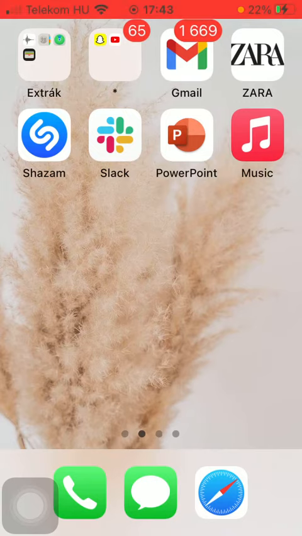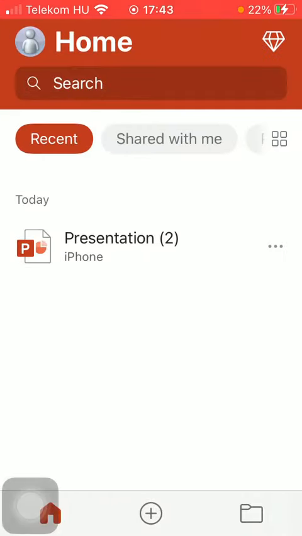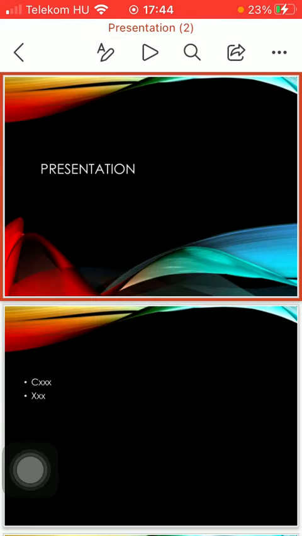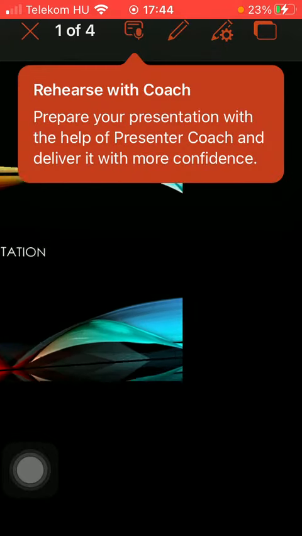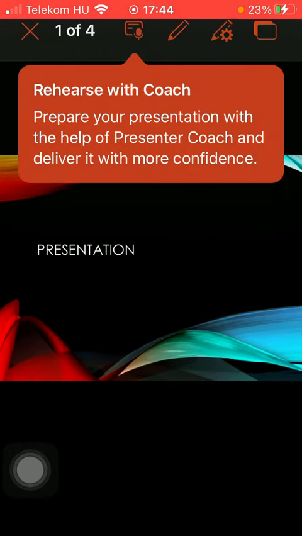So let's jump into it. First of all, open the app on your phone. Go to your homepage by tapping on the first icon down below and select a presentation that you would want to play. Tap on the play button at the top of the screen, and as you can see, it is